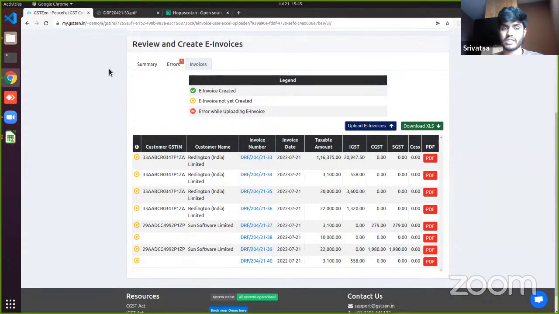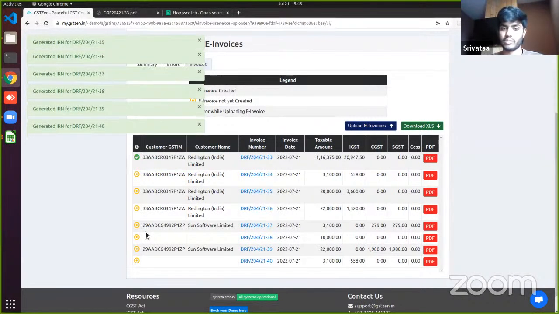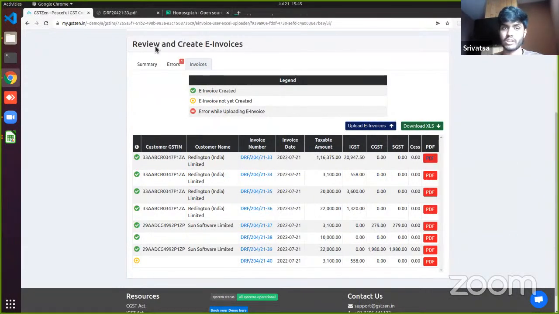You will get messages saying IRN has been generated for these invoice numbers, and slowly you will see that the yellow color changes to green, which means e-invoice has been generated. And now nearly all the invoices have turned green, and if I open the PDF now, you will be able to